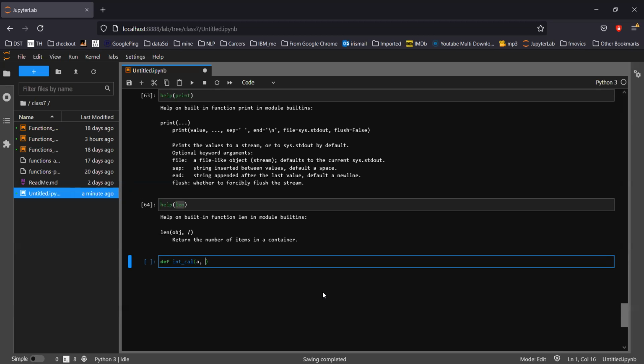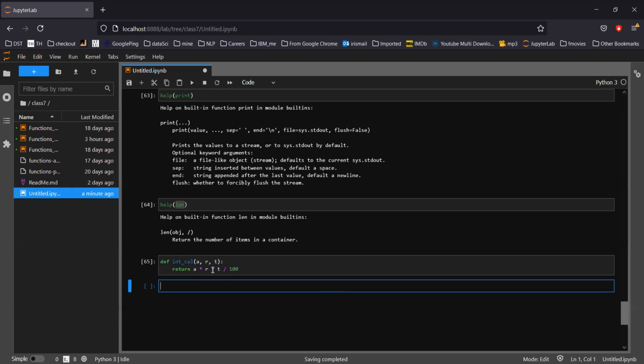I'm going to take an amount, the time, the interest rate, and the time. And one more thing I wanted to say to you guys: never ever use this kind of input variable. For learning purposes, you can use anything, but your input variable must be descriptive. It should not say ART. That's a very bad practice, which I'm doing right now. That's okay when you are learning, but it's always a good idea to give it a proper name.